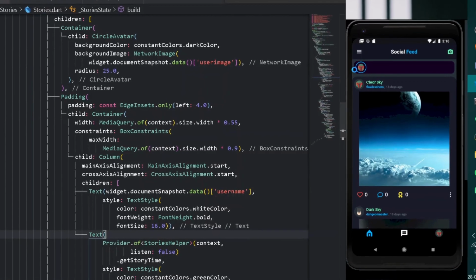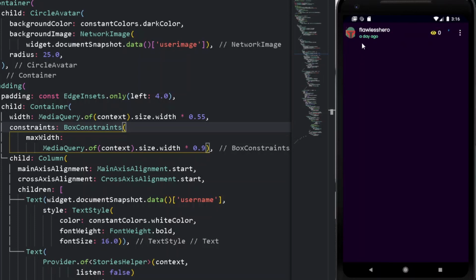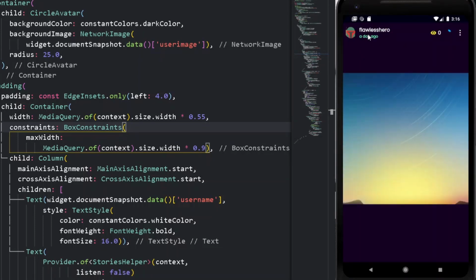Cool. So once we are logged in, let's check the following story. After pressing over this, we can see the time of the following story, which was 1 day ago. Yes, I completed the previous tutorial a day ago. So congratulations, we have done a great job. Now we are successfully watching the following time of the story that was posted.